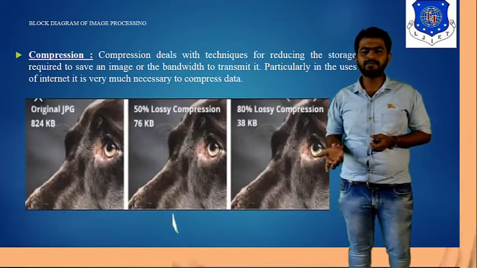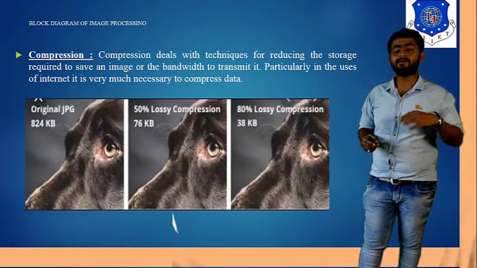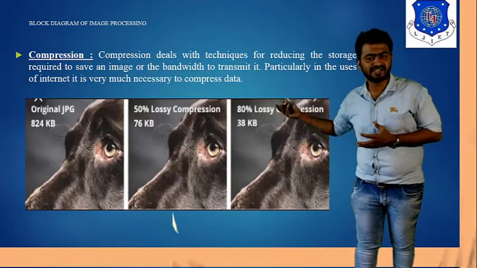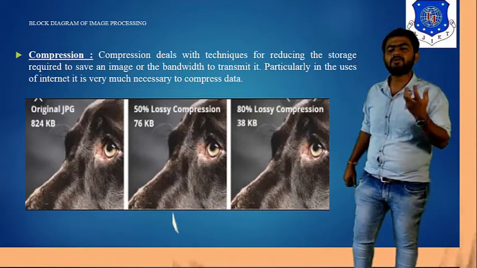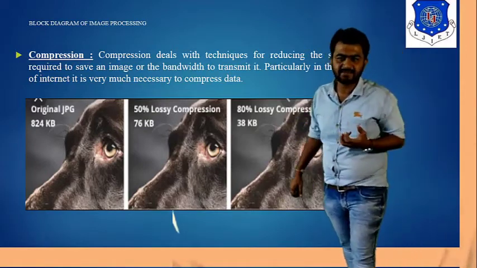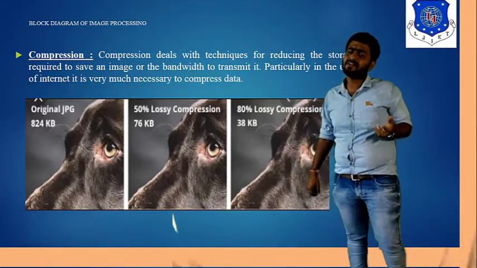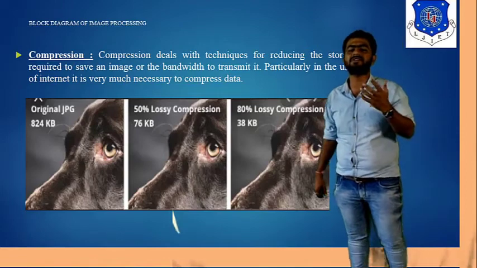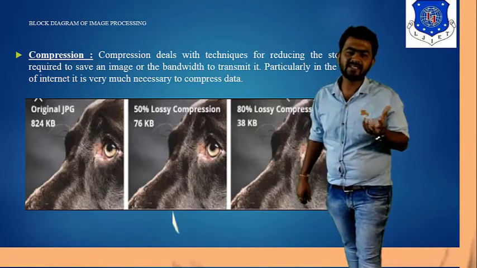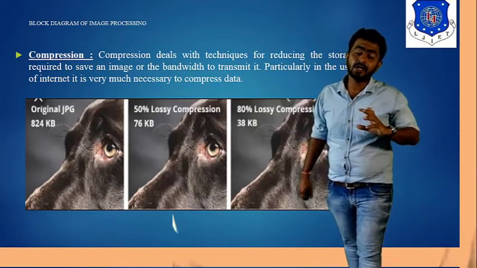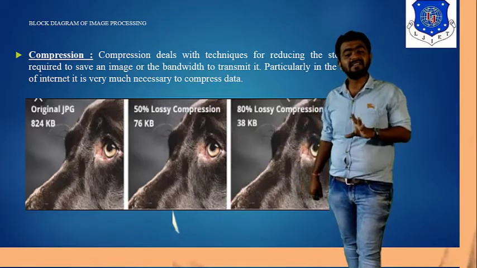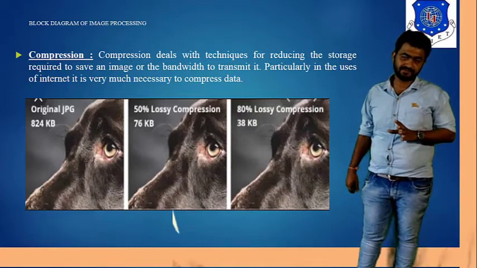Compression, as I already told you, plays a main role right now. If you transmit some data, if you want to share some data from the source to the destination side, then compression plays a main role. There are basically two types of compression, lossy and lossless, right? But in your WhatsApp, we discuss only lossy compression. If you share your videos or GIF files or images with your colleagues or friends, you can see the quality of the image degrade, but it can be transmitted very fast, right? And for that reason, we use lossy compression.